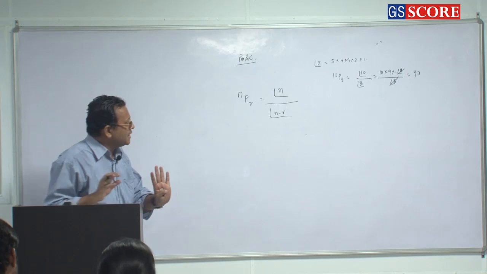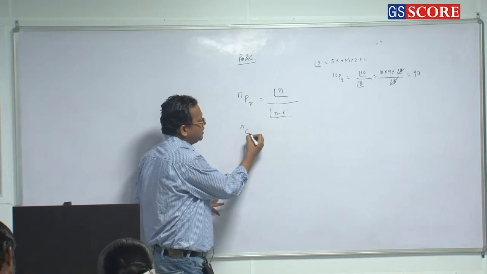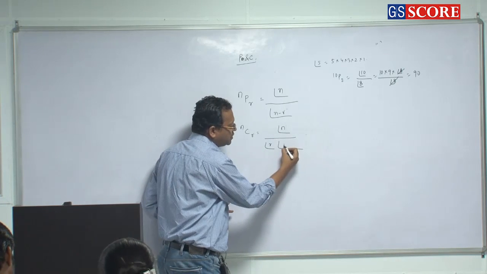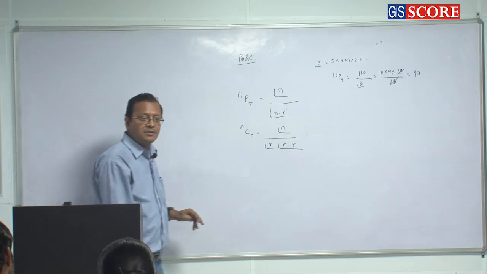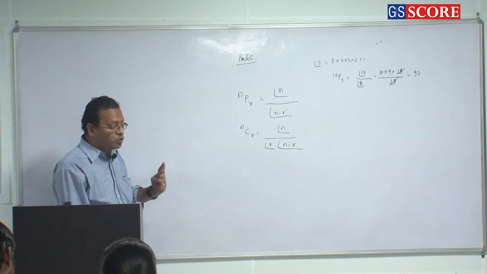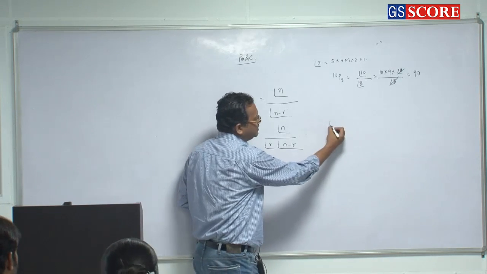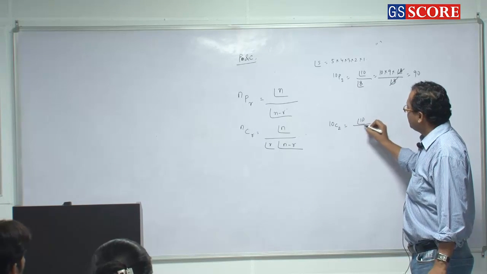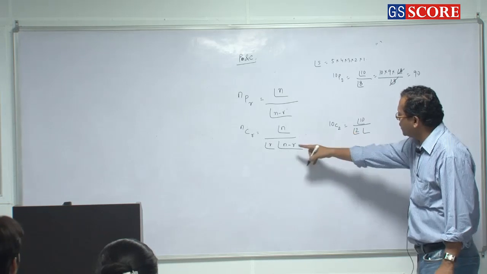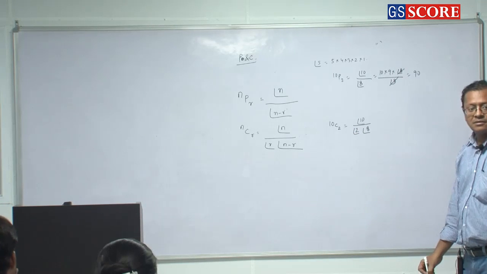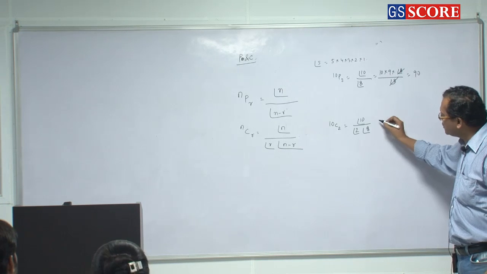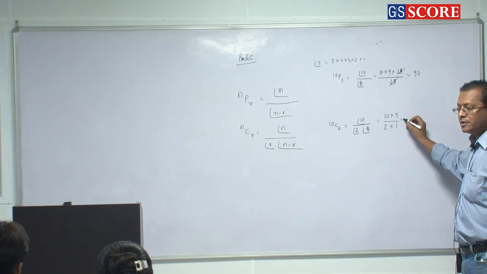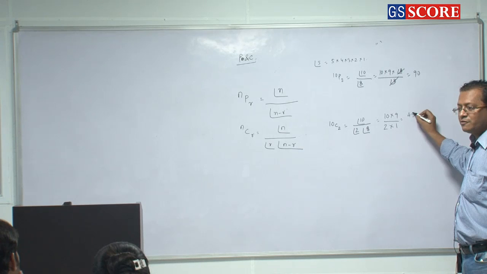When I say nCr, what does this mean? It means factorial n by factorial r into factorial n minus r. So when I have to pick a committee of 2 people from 10 people, I will say it is 10C2, which means factorial 10 by factorial 2 into factorial 8. If you solve all this, the result is 10 into 9 by 2 into 1. So 90 by 2 is how much? 45.